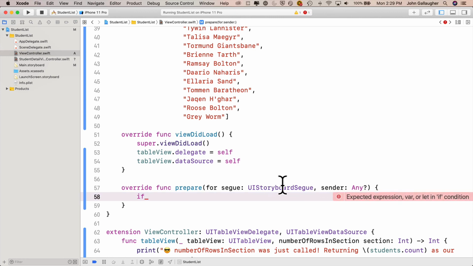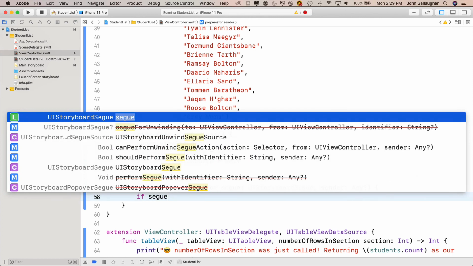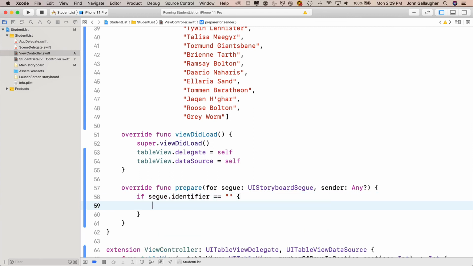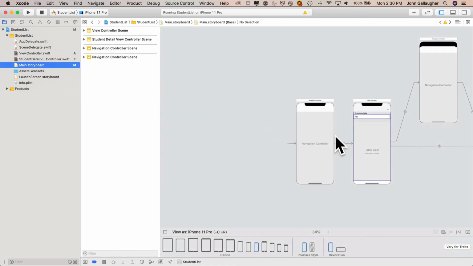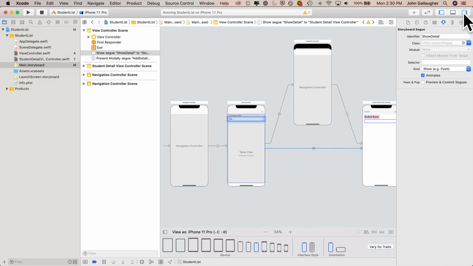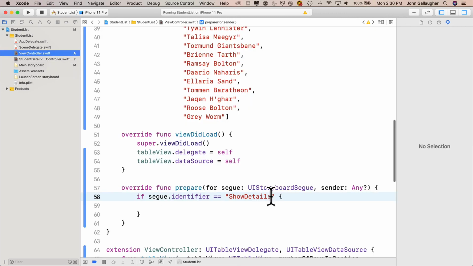which segue is being performed. So we can say if segue.identifier to look for the identifier of the segue. And if this equals show detail, and again, where does show detail come from? That's the name of this segue. Remember, we gave it an identifier name, which you see right here in storyboard segue. So if this is the case, we want to get the destination and put that in a constant. So we'll say let destination equals